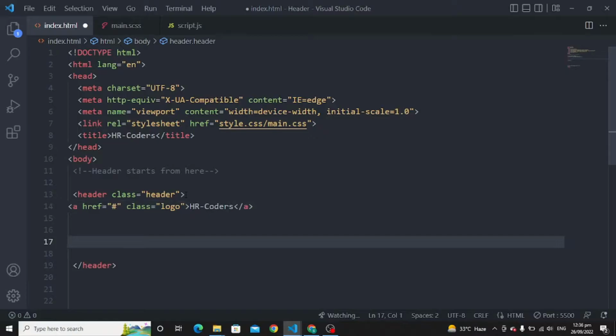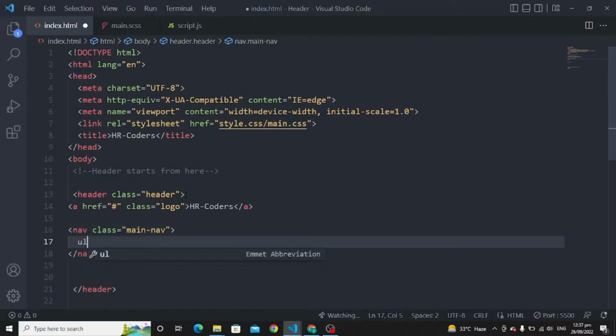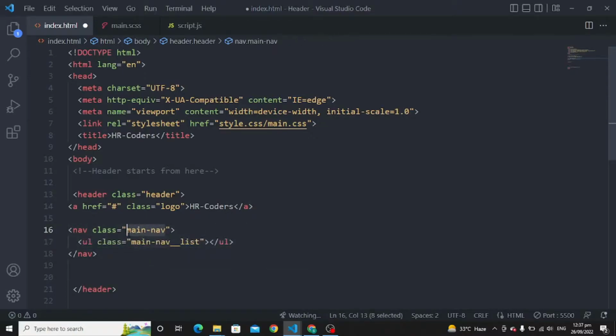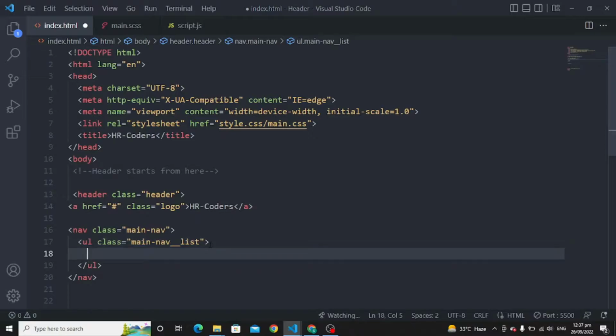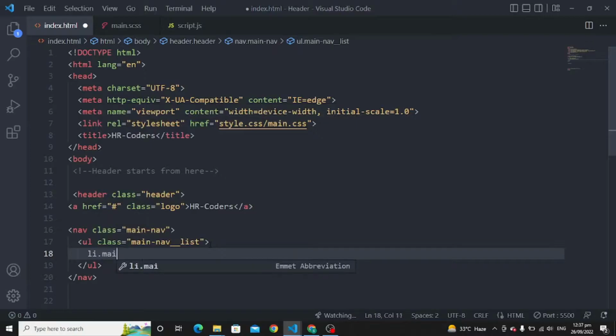Then moving further, we are going to use the nav with the class of main nav, then enter. In the nav, we are going to use the unordered list with the class of main nav list. As you can see, this is the main nav that we are going to use. Again, in the unordered list, we are going to use a list item with the class of main nav